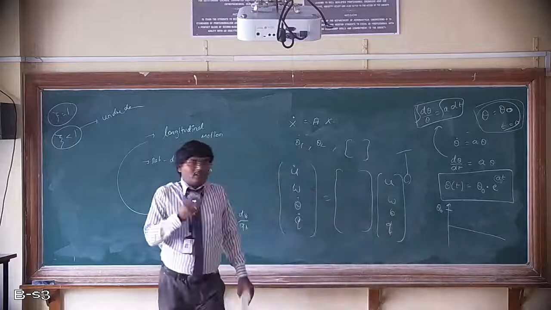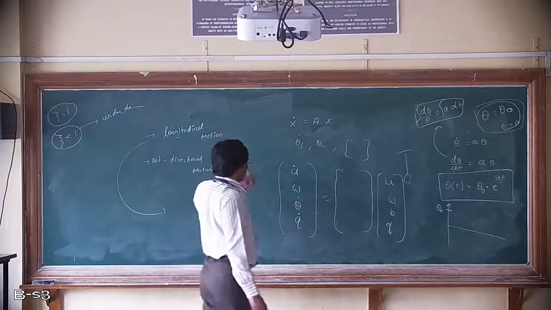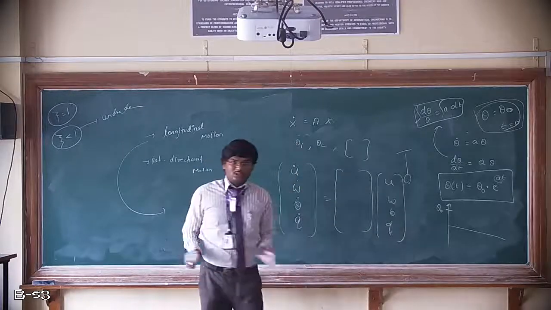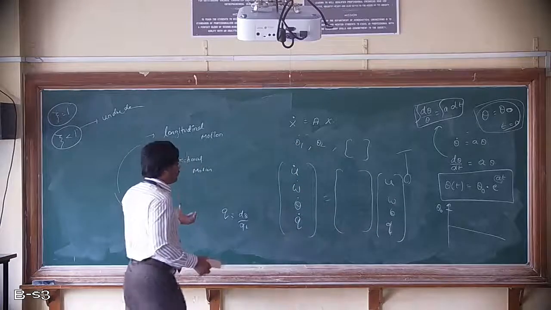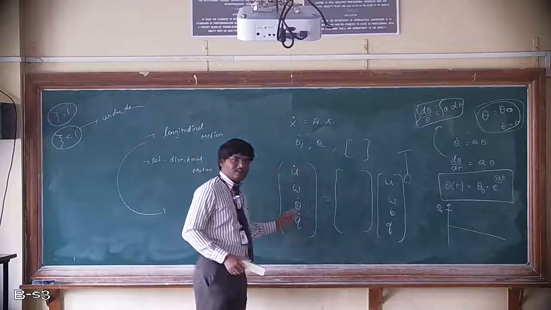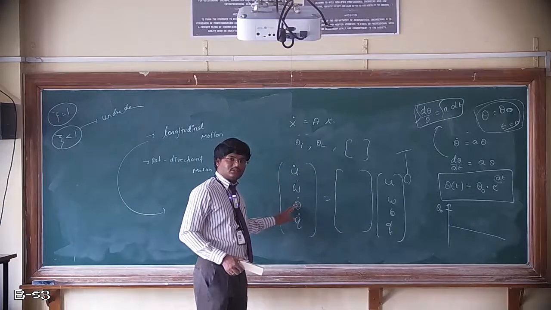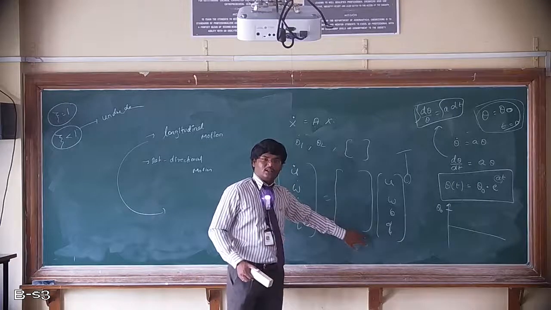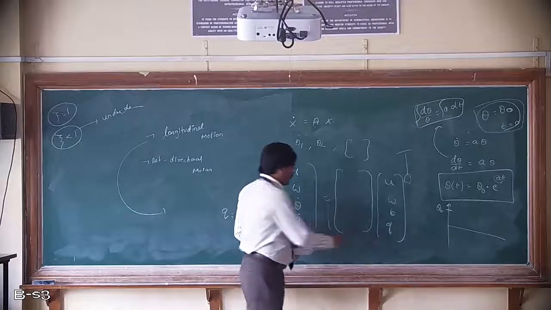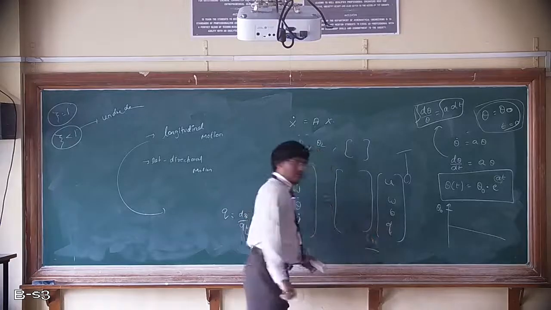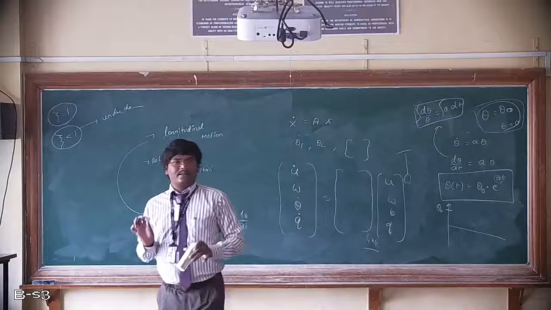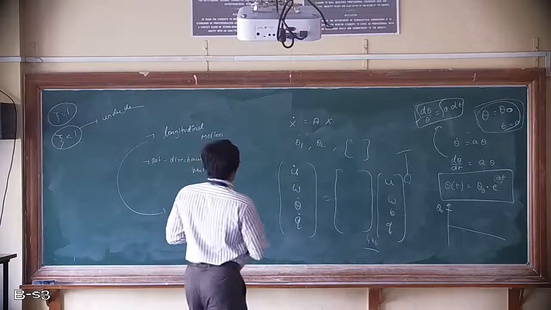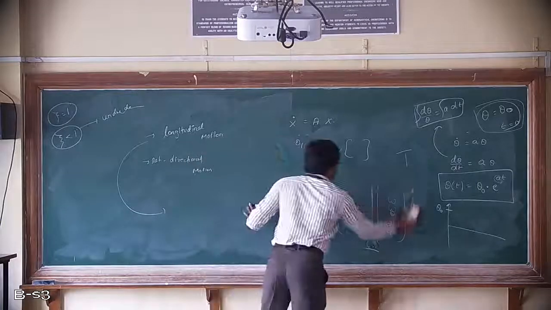Can you tell me what about this system for longitudinal motions? For longitudinal motions, already we discussed, these are the state variables. There are 4 state variables, so what is the order of this matrix? Definitely you will get 4 by 4 order. Is it clear? So for longitudinal motions, you will get a 4th order matrix.